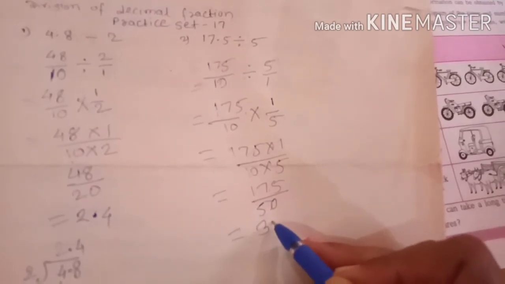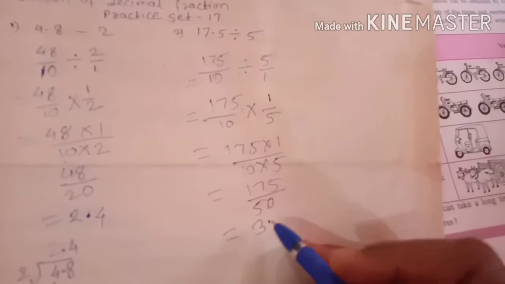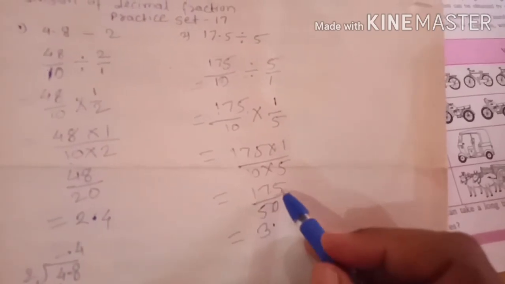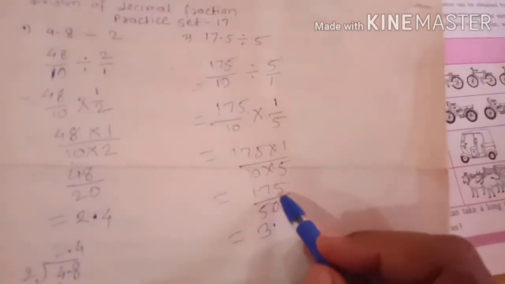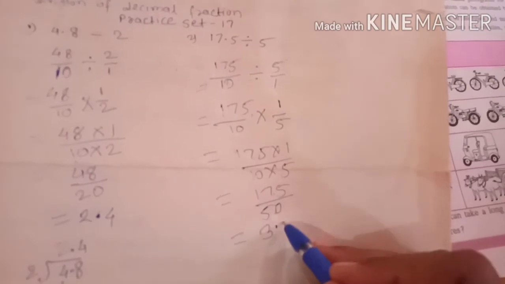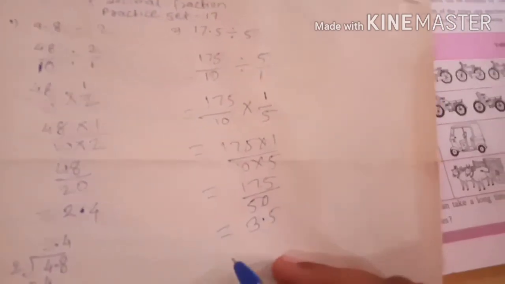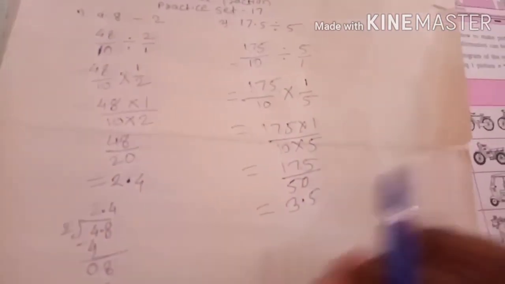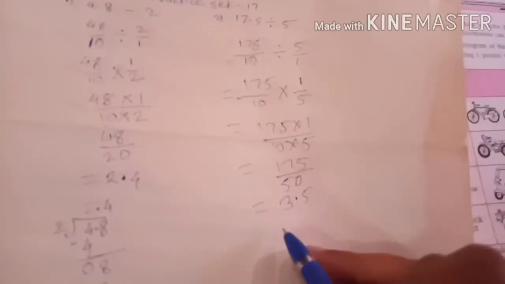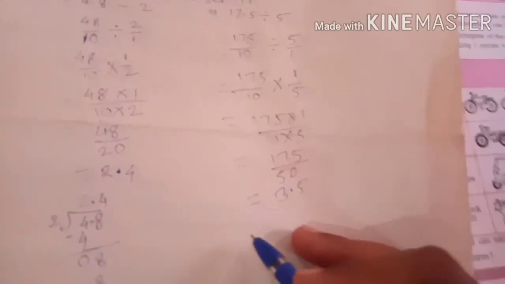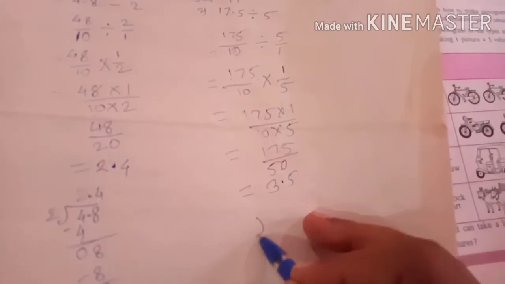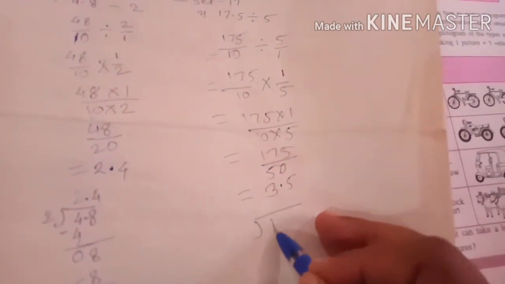Then we give a decimal point. And 5 fives are 25, 250, like this. And the second method is like this: